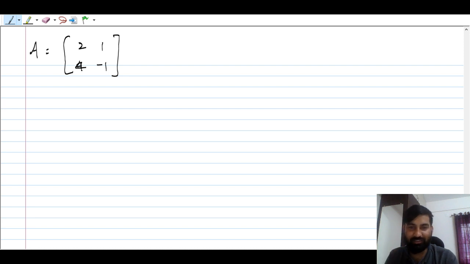Now can you apply the column operation on this so that you can get the L matrix? So you can apply a column operation here. How will you apply the column operation in this case? 2 1 4 minus 1, right? So if you apply a column operation, it means you take this as a pivot and you can make it zero. How can you make it zero? Column C2 with column C2,